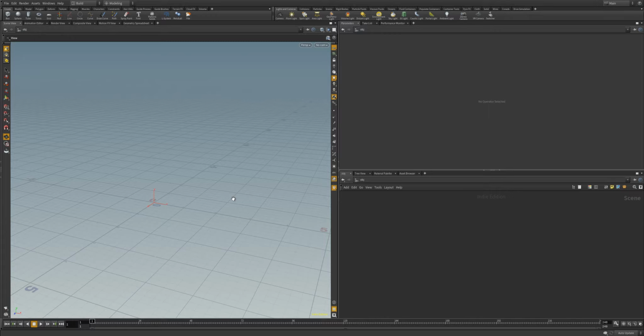Howdy guys. So in this video we're going to be taking a look at creating digital assets inside Houdini. Often referred to as HDAs, Houdini digital assets are models which retain their procedural properties inside of Houdini and can